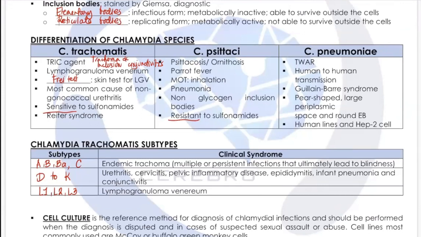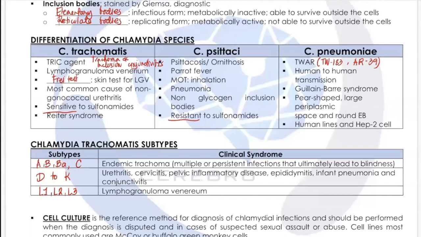TWAR because of the first two isolates of Chlamydia pneumoniae. The first two isolates are TW183 and the other one is AR39. Okay, so these are the first two isolates. It has human-to-human transmission, also associated with Guillain-Barré syndrome. It is pear-shaped, with a large periplasmic space and round